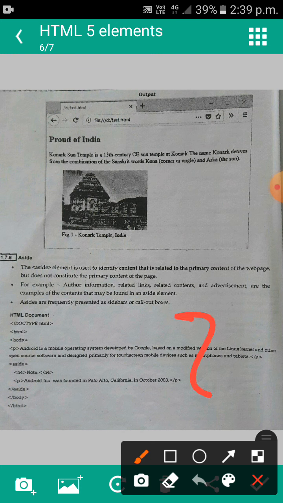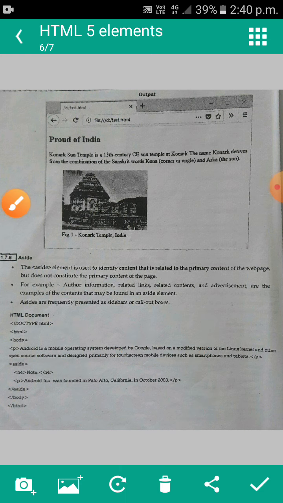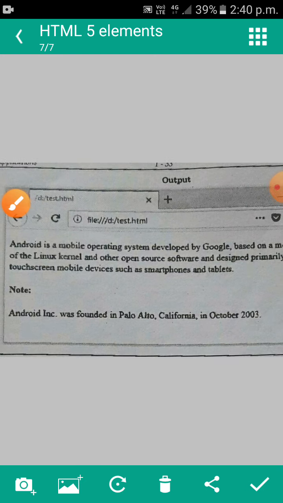So this is an example of using the aside tag, in the body. In the body we gave some information and used the aside tag. Note, Android Inc. was founded in Palo Alto, California in October 2003. Some information is displayed. Okay, this is the output.